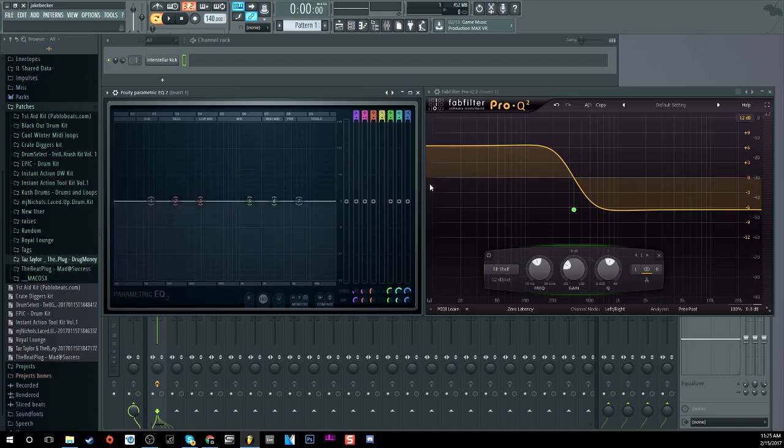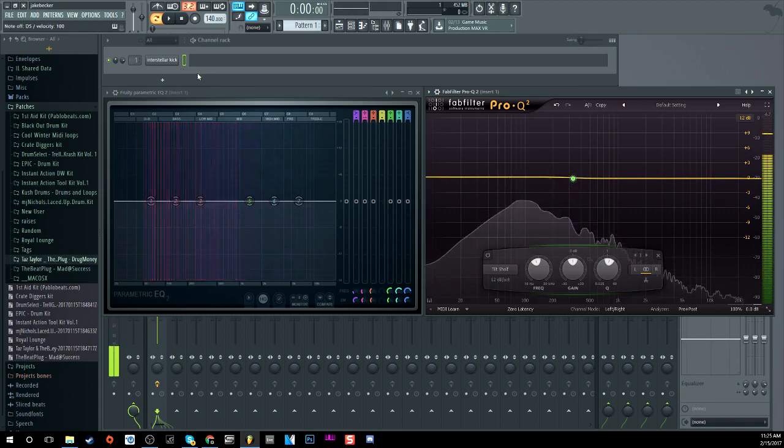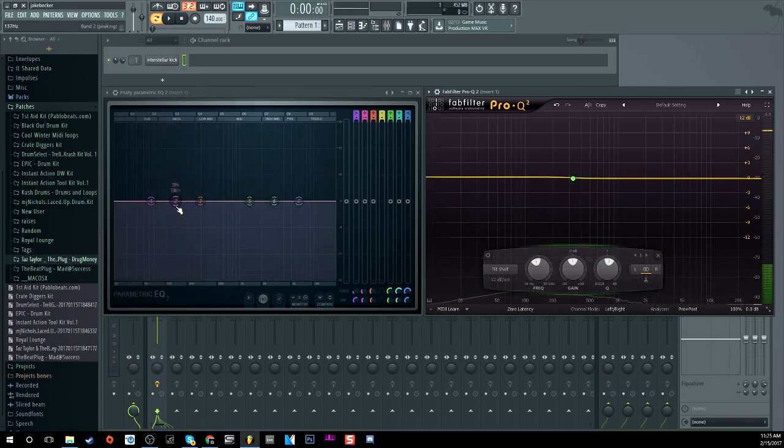So yeah, as you can see so far, both are basically the same. Now, let me give you an example of why you would use an EQ. Let's say I want to boost some of my lows, and I've got this little kick drum sample. As you can see, it sounds really good, but I want to punch it up a little bit. I'll just boost some of the lows